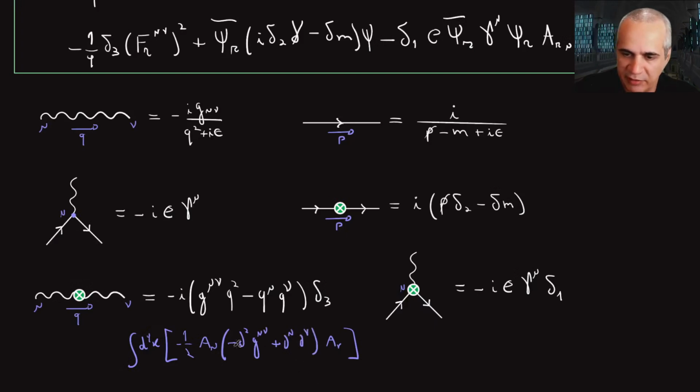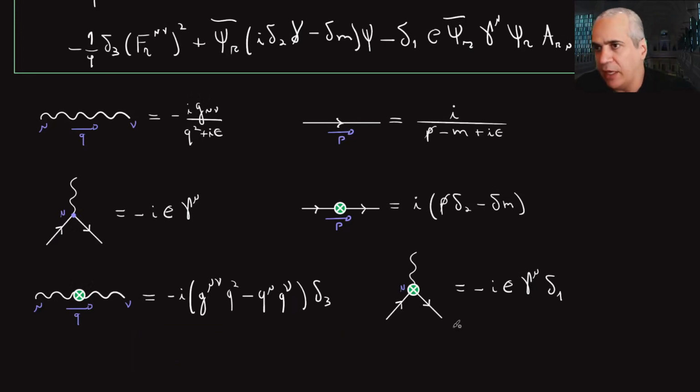So these derivatives become these two powers of momentum, and these ones become these. You can get the Feynman rule from this piece by doing that. And the one for the vertex is quite